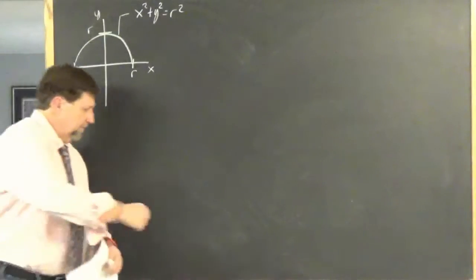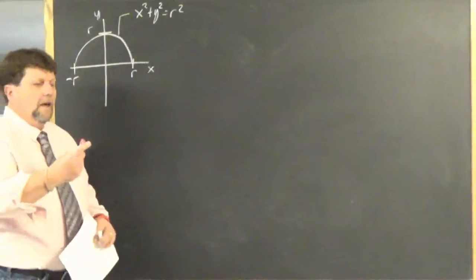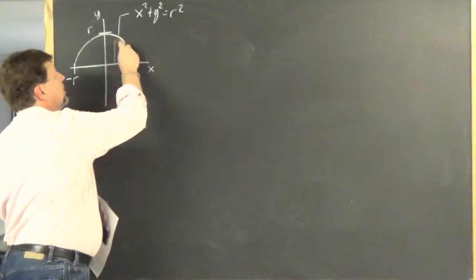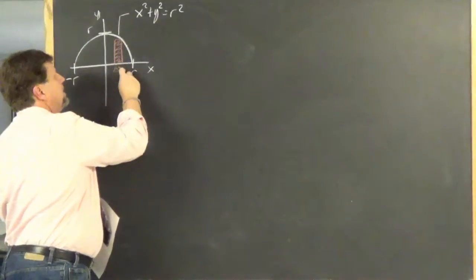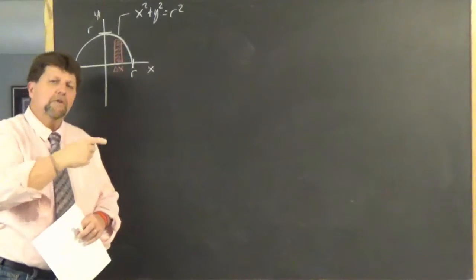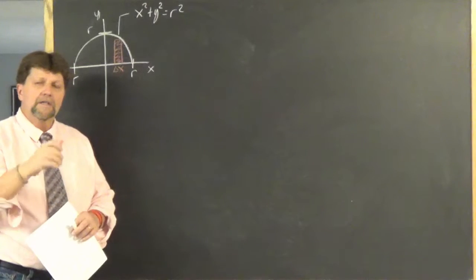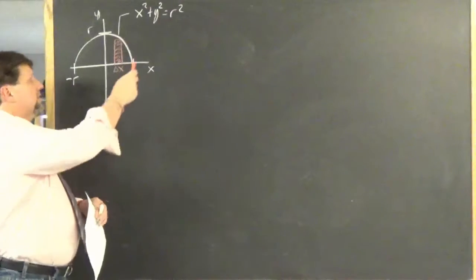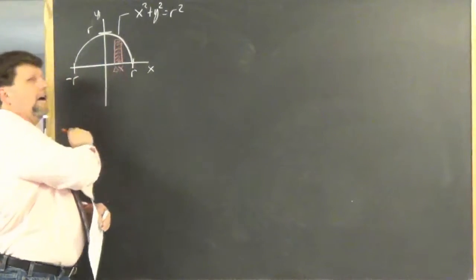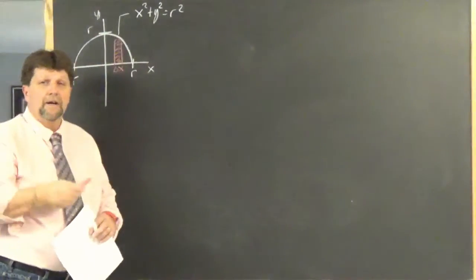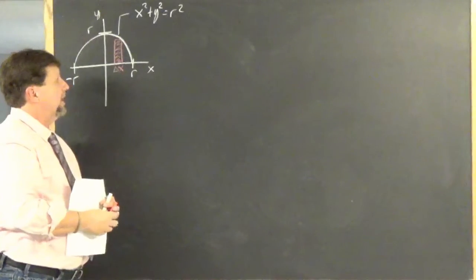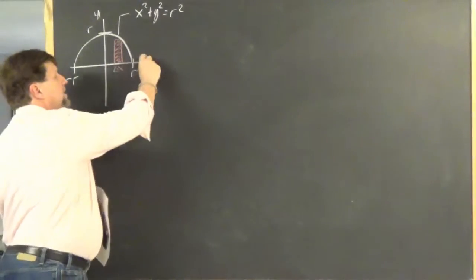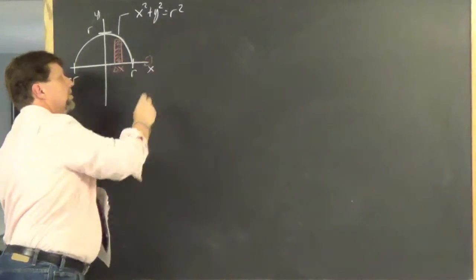So first things first, let me sketch in a representative rectangle. It looks something like that. The base is delta x. Remember, x squared plus y squared equals r squared is a circle centered at the origin, and it has a radius of r. So we have x-intercepts at negative r and r, and I labeled the y-intercept up there at r just for fun. But when we take this region and revolve it around the x-axis to produce a sphere,